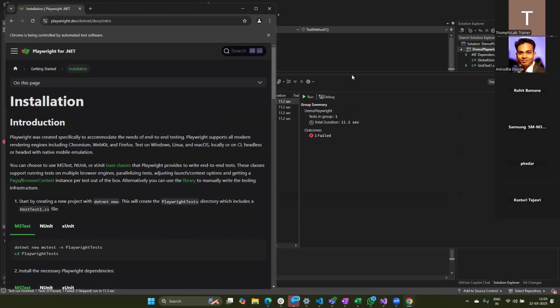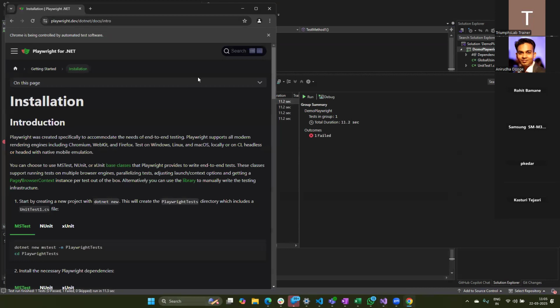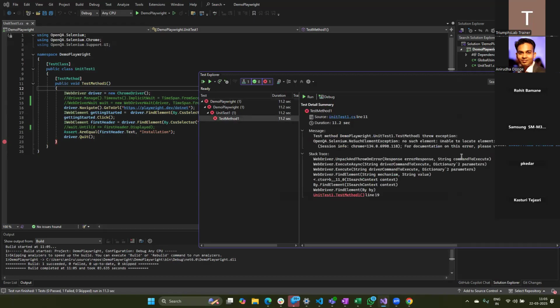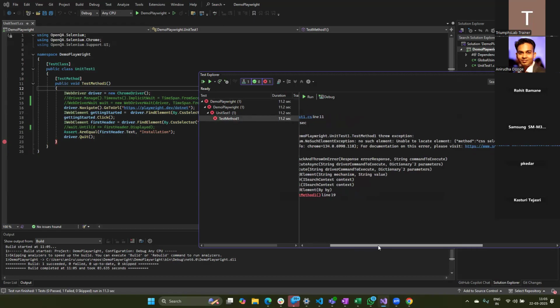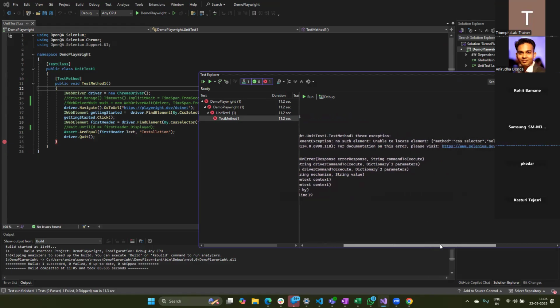And if you see, the resource on which I was executing the test was not killed, it's still there. This is one thing that you face with Selenium. And the test has failed, because it said no such element exception, unable to locate the element with this locator.